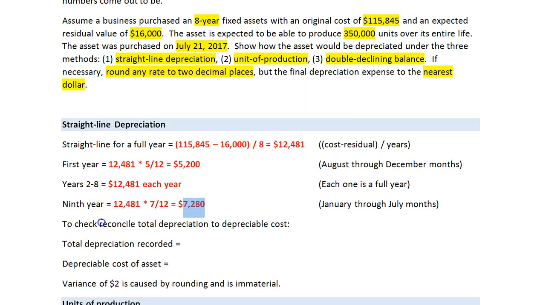The next part I'm showing you is just a way to reconcile it, to give yourself confidence that you've done this right. So a reconciliation looks at information from 2 different streams and sees what the 2 different streams of data tell us. If they give us the same number, then we're going to feel more confident about what we've done. So the total recorded depreciation,